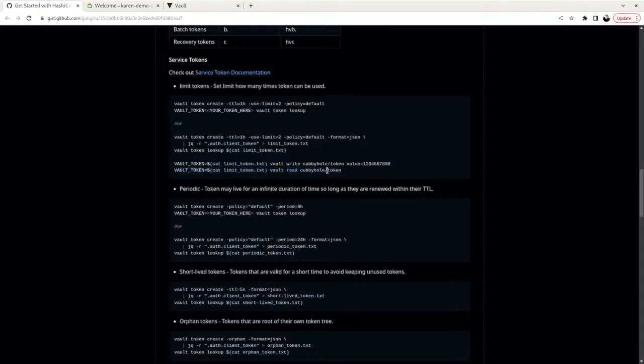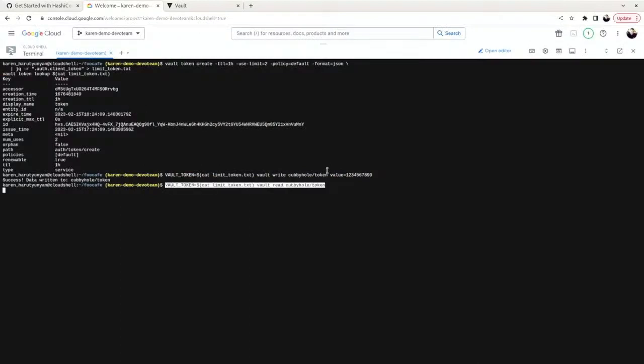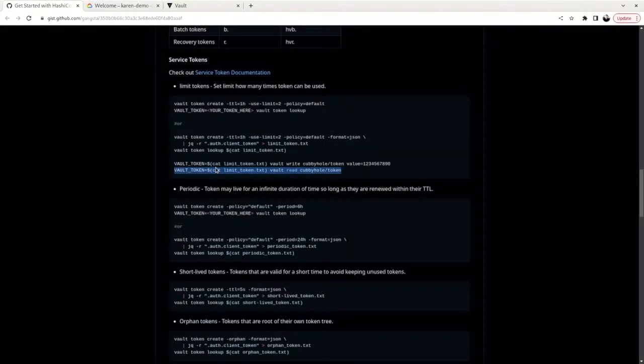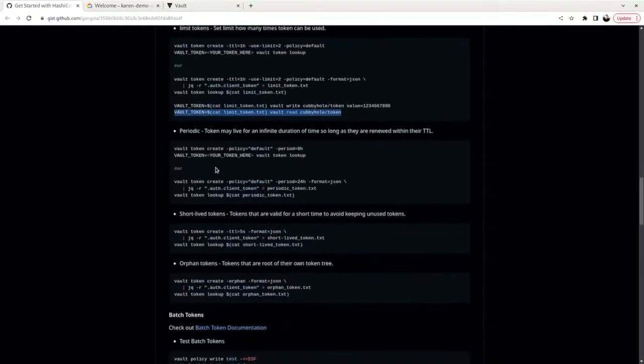Wait, I can just double click it. Yes. So, enter. What is happening next time if I request? Bang. It is double time used. So this is a great thing of Vault. You can specify how many times the token can be used. Next one will be the periodic one or like infinite duration token.